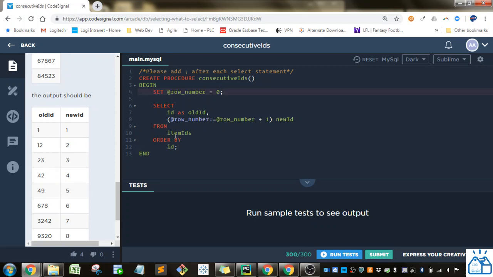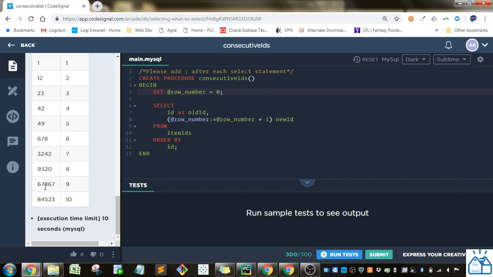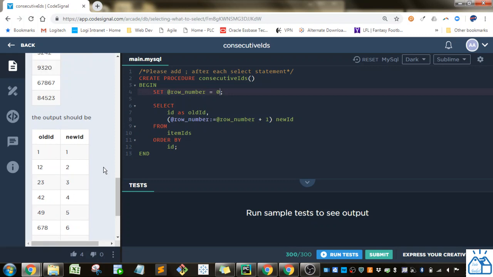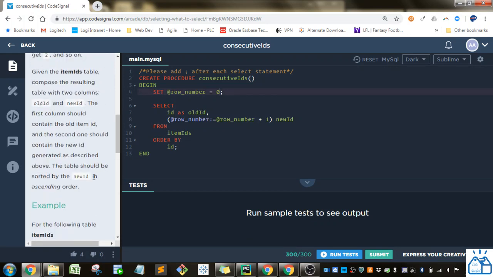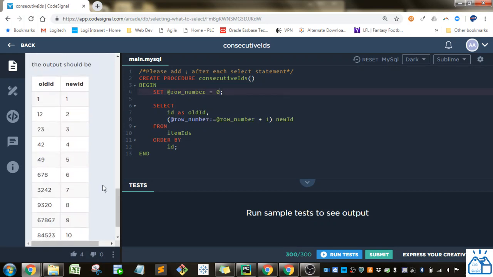And that's from the item IDs table, and we're going to order by ID because we want these old IDs to be ascending in order. Now it says you're supposed to order them by the new ID, but the way that we're doing this, using the row ID being incremented each row, it's already going to be sorted that way. So if we run that,